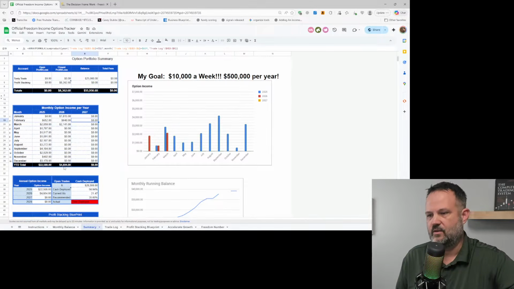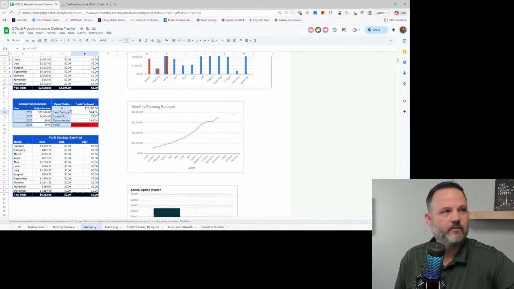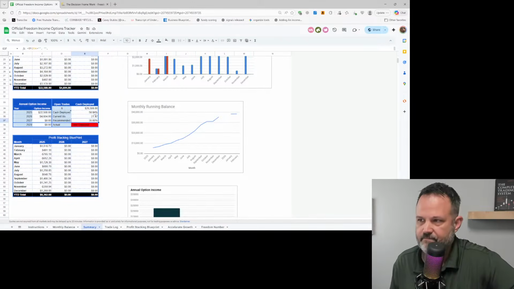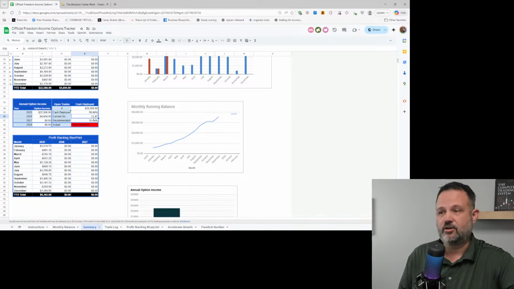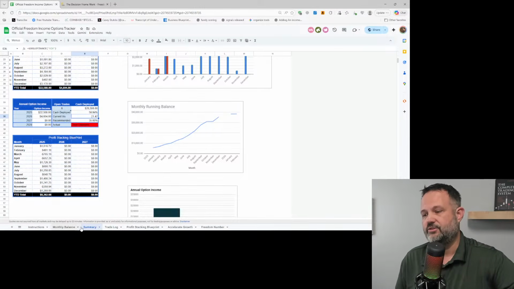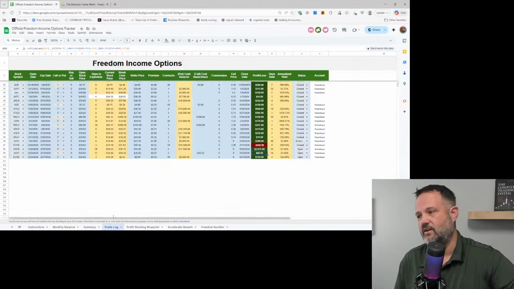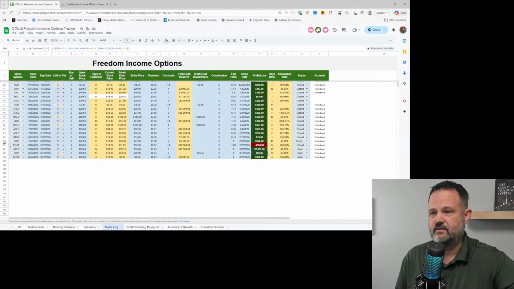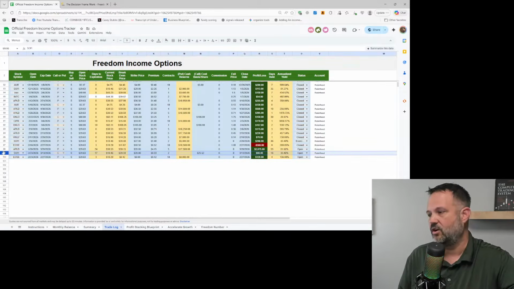So right now we have our cash deployed at 50%, and we're a little bit over, and the recommendation is 35%. Our current VIX is at 21, so I'm a little bit over on my cash deployment. We also have some positions that we're holding on calls, and right now it's SoFi. We have a call on SoFi. You can see right here it's a call, and this one is generating some cash. So we have 200 shares of SoFi.